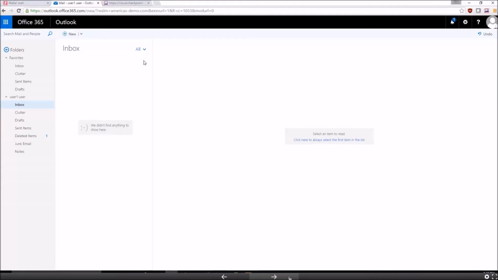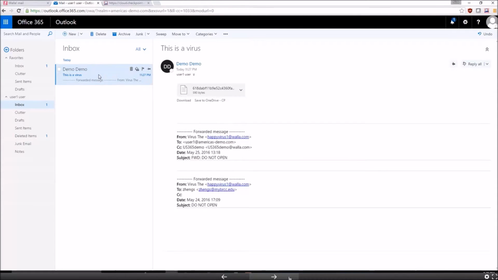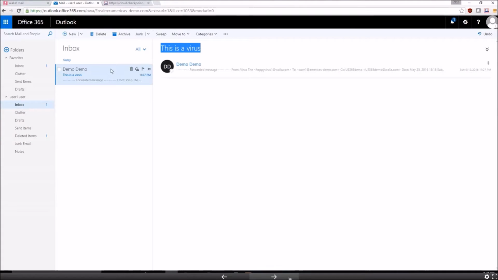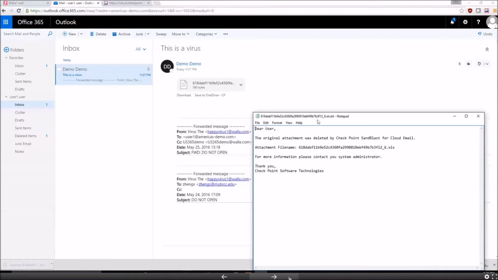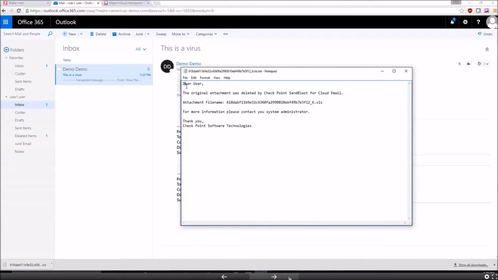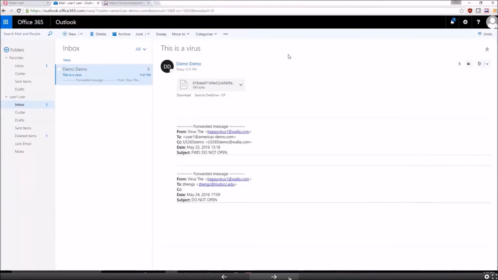I jump over to my Office 365 account, the email arrives, and we intercept it right away through the API that Microsoft has provided, and then we return the email once we've had a chance to clean it. So that cleaning process doesn't take very long, only a second or so. The user gets an email right away, but when they try and open up that attachment, we've in this instance blocked the malicious file,